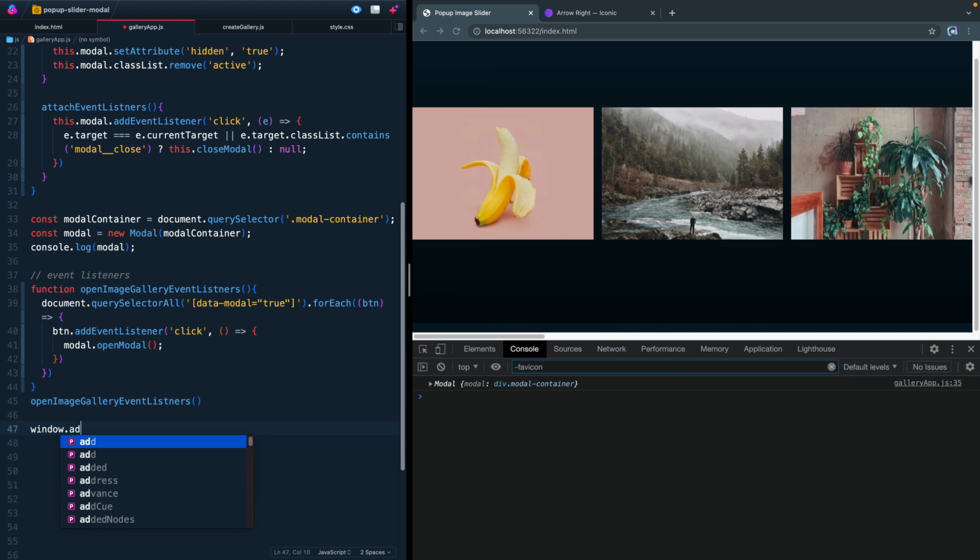So we're going to do window.addEventListener. We're going to listen for keyup, and we're going to grab the event itself. And then we'll just say if e.key, so the name of the key, is equal to Escape. So if we hit the escape key, and this is important, we want the modal container, which is that div